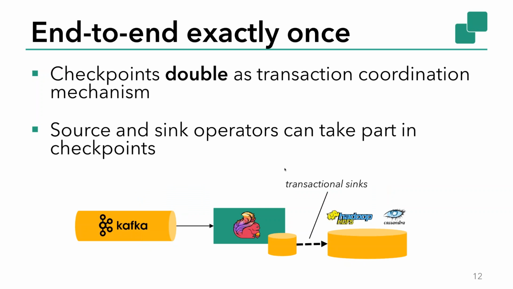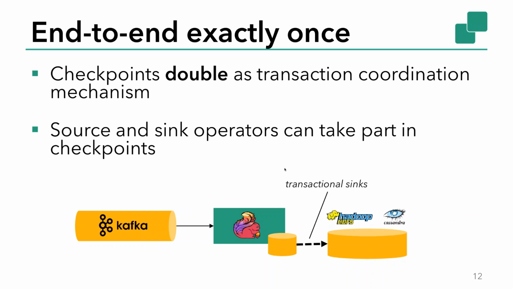The cool thing about checkpoints is that they can actually double as a mechanism to do transactions across systems. One thing is to have exactly once guarantees of Flink state. Another thing is to have exactly once guarantees end-to-end from the whole pipeline of systems, as you mentioned before. So we have, for example, here Kafka, Flink, and HDFS, right? So how can we guarantee that this whole pipeline is exactly once end-to-end?